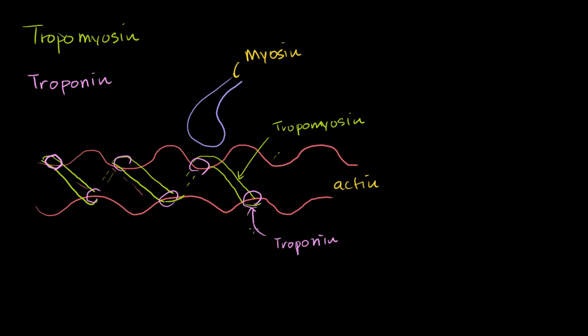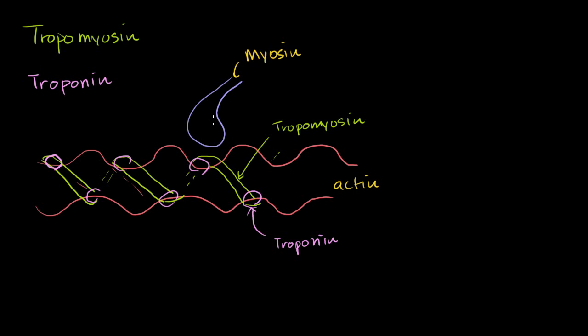Tropomyosin. So you can imagine the troponin is kind of like the nails into the actin, so it dictates where the tropomyosin is. So when a muscle is not contracting, it turns out that the tropomyosin is blocking the myosin from being able to, and I've read a bunch of accounts on this,